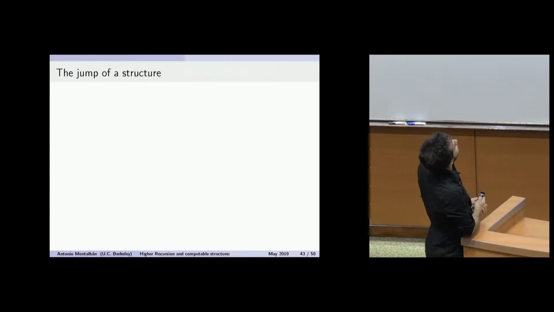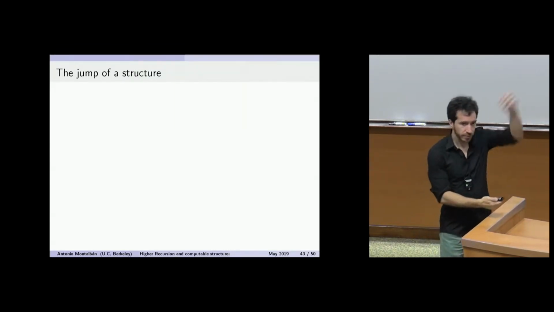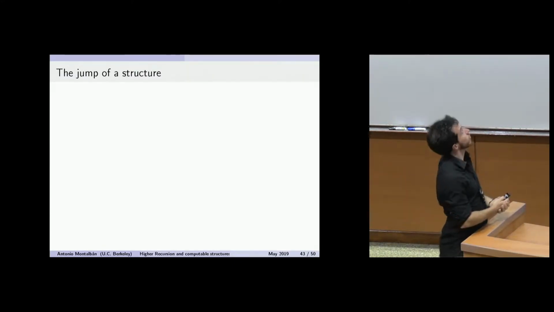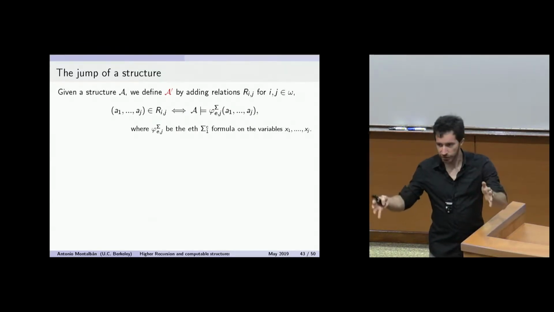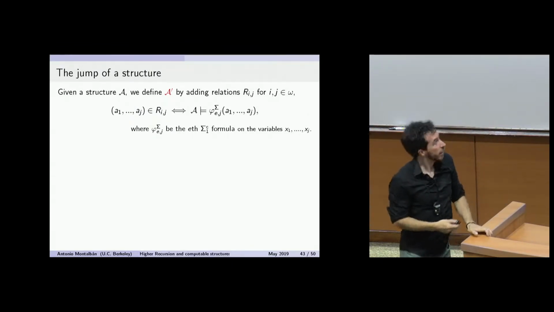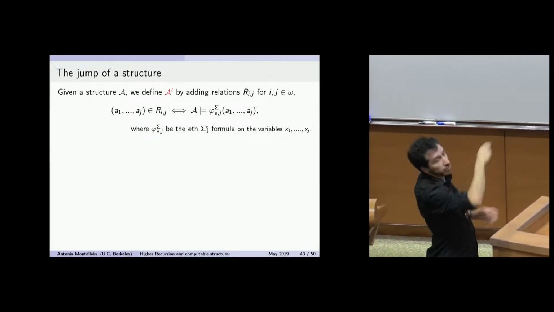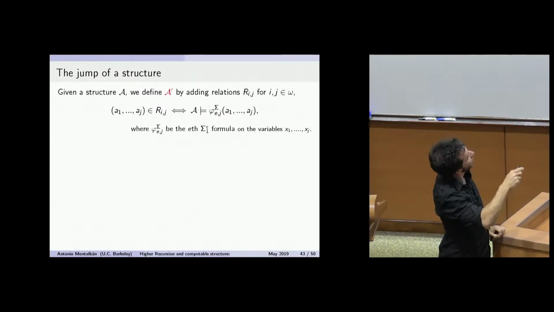All right, so we're going to start by defining the jump of a structure. So trying to generalize the jump of a set, but now looking at structures. So the idea is the following. The jump of a structure is going to take a structure and get another structure. And it's defined as follows. You start with the structure A with some relations and some functions and some constants. And you're going to define this new structure, A jump, A prime,